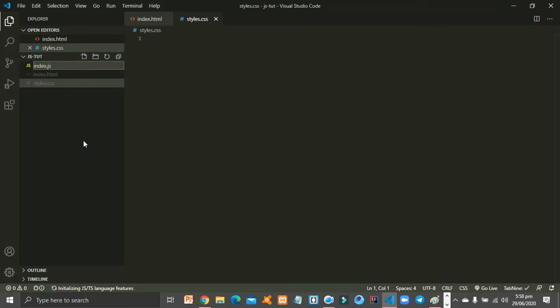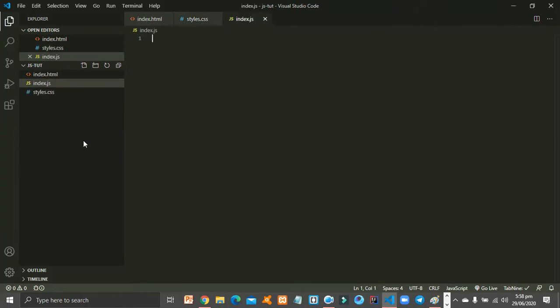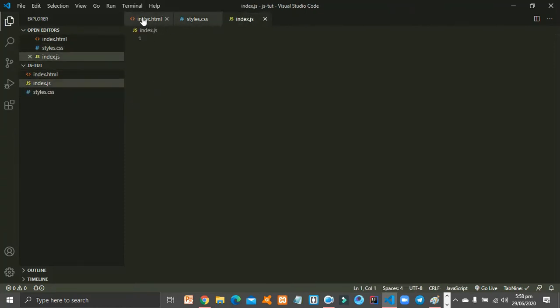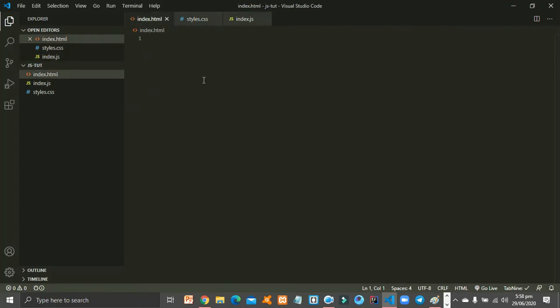Okay, so we will add the functionality of the website using JavaScript. I've made these three files to make the simple website. If you are a beginner, I will tell you how to make the front end of a website in just 5 minutes. You can also follow this guide.